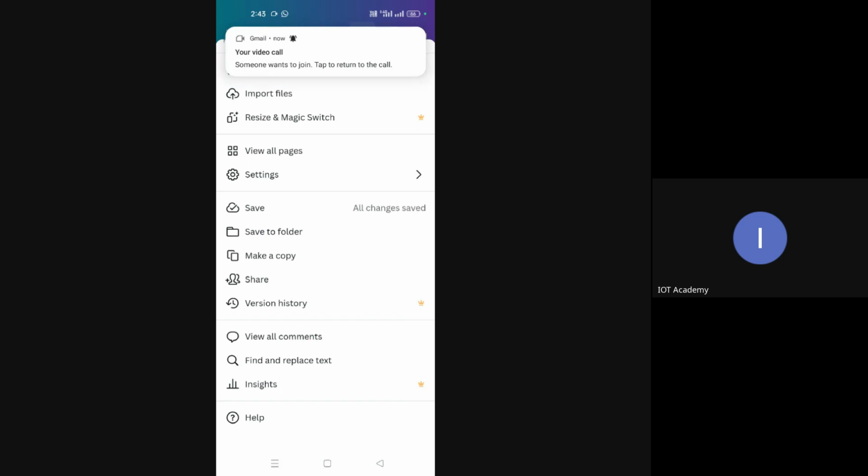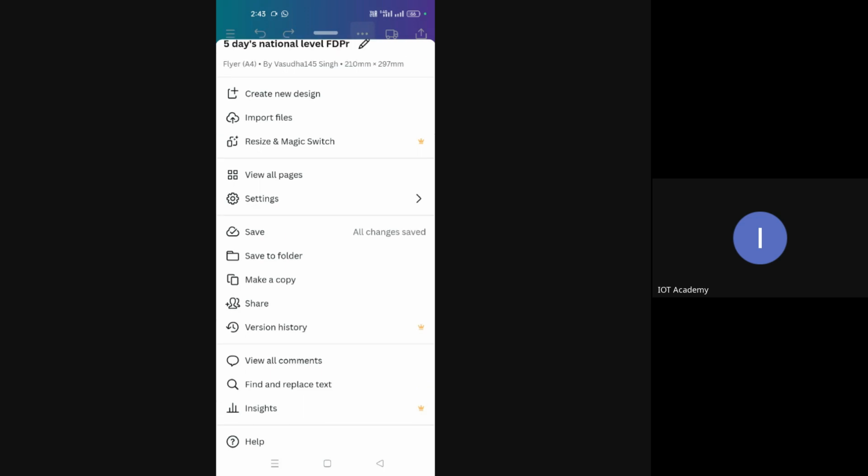Now, as long as you are working on the template, it is getting automatically saved in your account. You need not worry about it. Okay, in case your battery is low or your PC is switched off suddenly, don't worry. It will retain your changes, whatever you have made to the template, to the extent that it was on. Till then, it will be available. Again, you can restart working on the same templates.